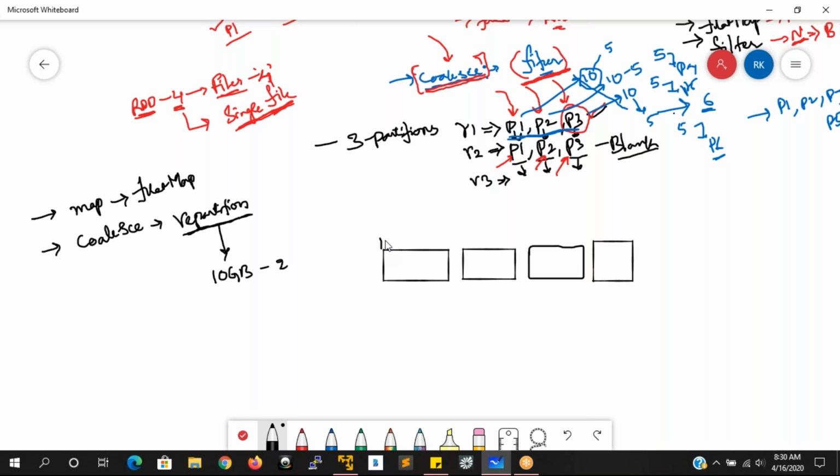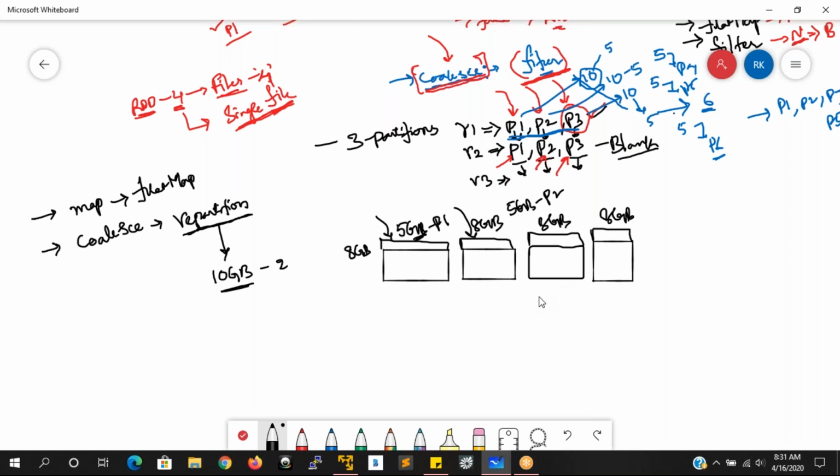In these 4 machines, each machine has some RAM memory, for example 8 GB each. So whenever two partitions are created, the first 5 GB of the data is stored in partition P1, and the second 5 GB is stored in one more partition, P2. Only on these two machines is the partition of your RDD getting stored.